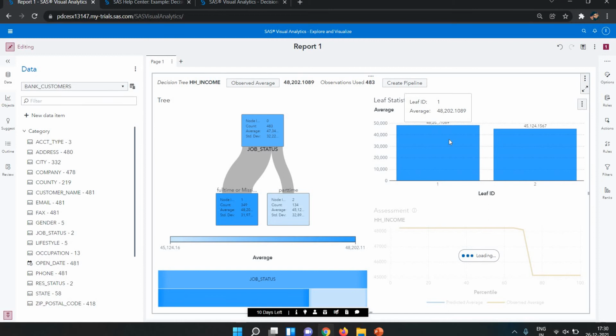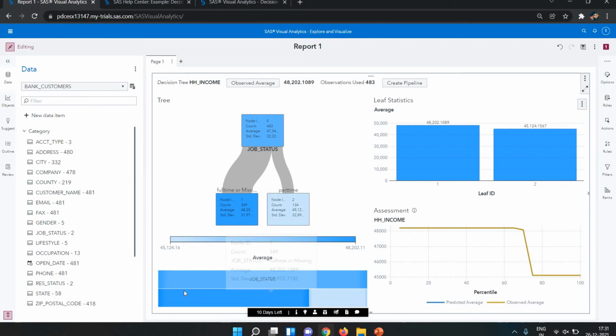Let's see what the level status is. First, this is shown for the full time or missing. Full time employees have an average income of 48,202, and the part timers have an income of 45,124.